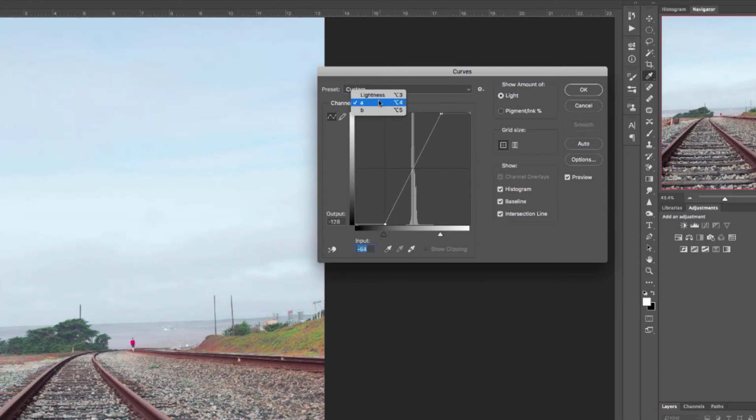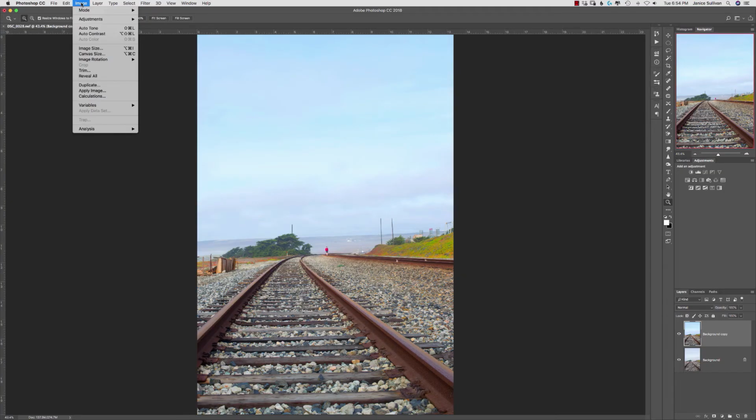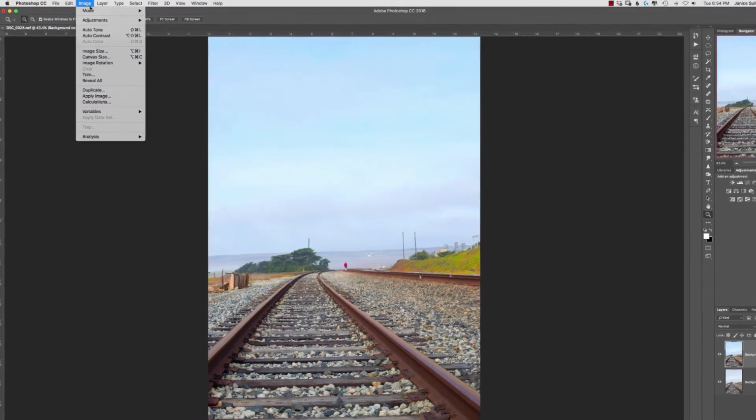Go back up to the channel, go to B, take your white scrubby, go to the end of the middle blocks, take the black, do the same thing, and then push OK. Next, you're going to go ahead and go to Image, and you're going to go back